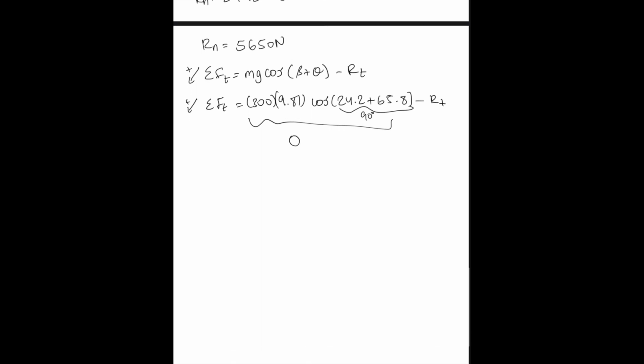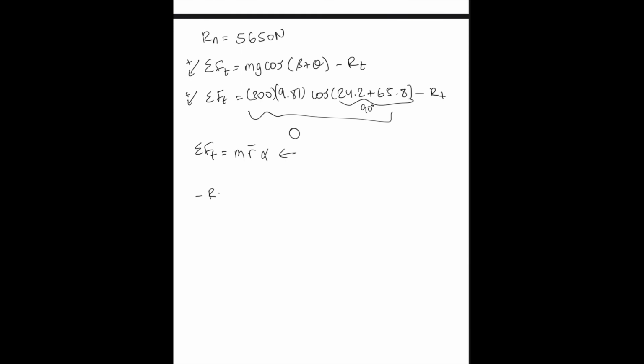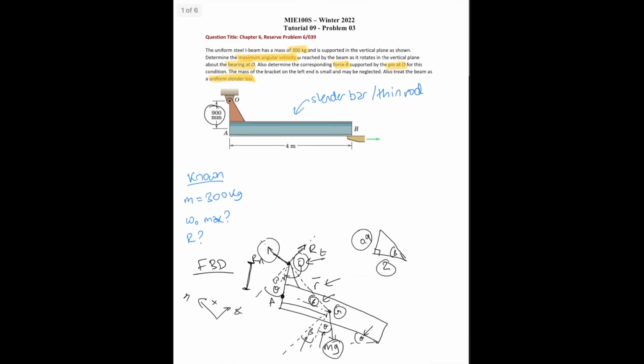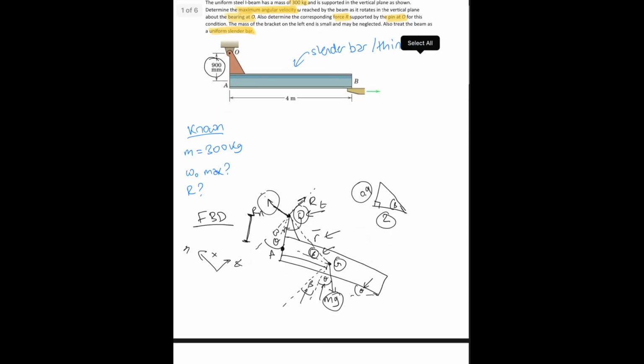So cosine 90 is equal to 0, which means that once we plug it into our equation, which is sum of forces is equal to m r angular acceleration, we get minus RT is equal to 300 multiplied by 0,